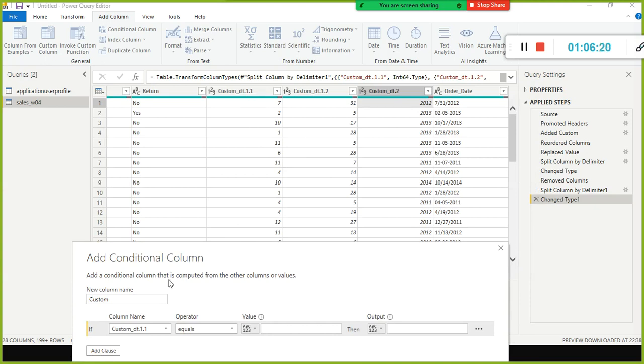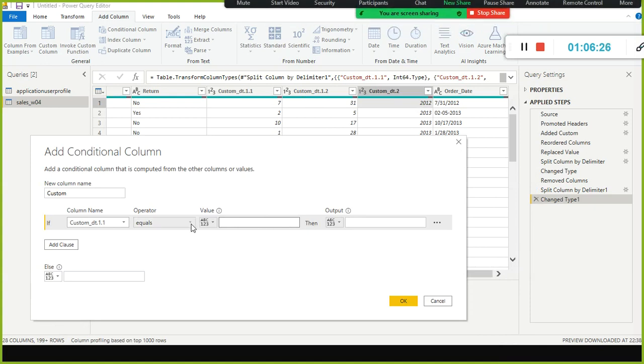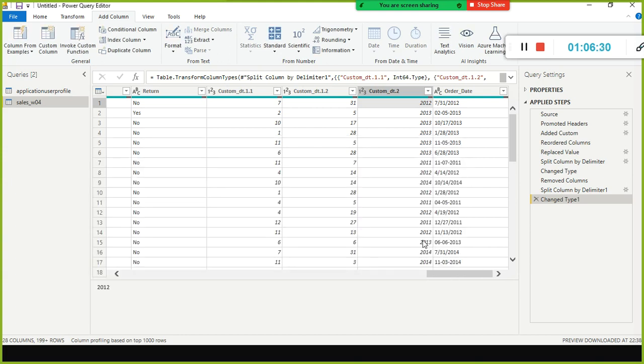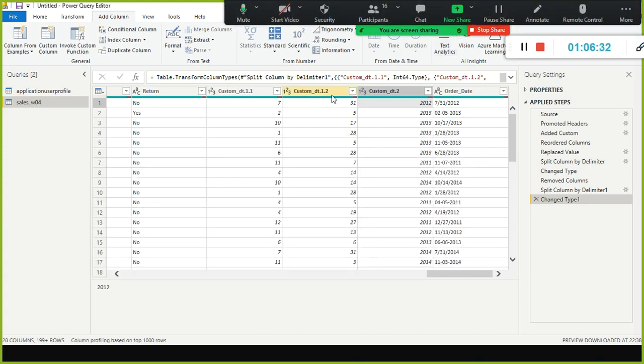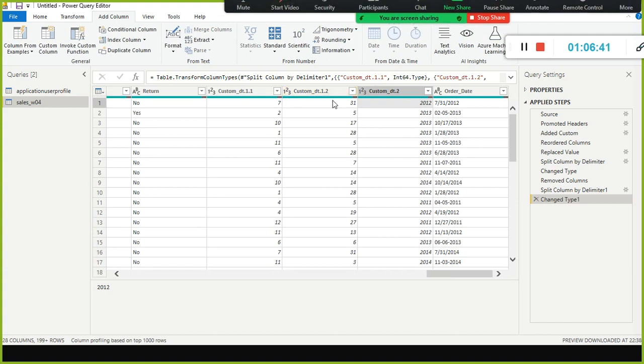This is the one, right? Custom date 1.1 equals. So what logic will you use? Can someone tell me? Let me see how many of you can think of it. But again, we have to use something called pad. We need to pad 0 to all the single digits. How will you find out whether it is a single digit or two digits? That we will discuss later.